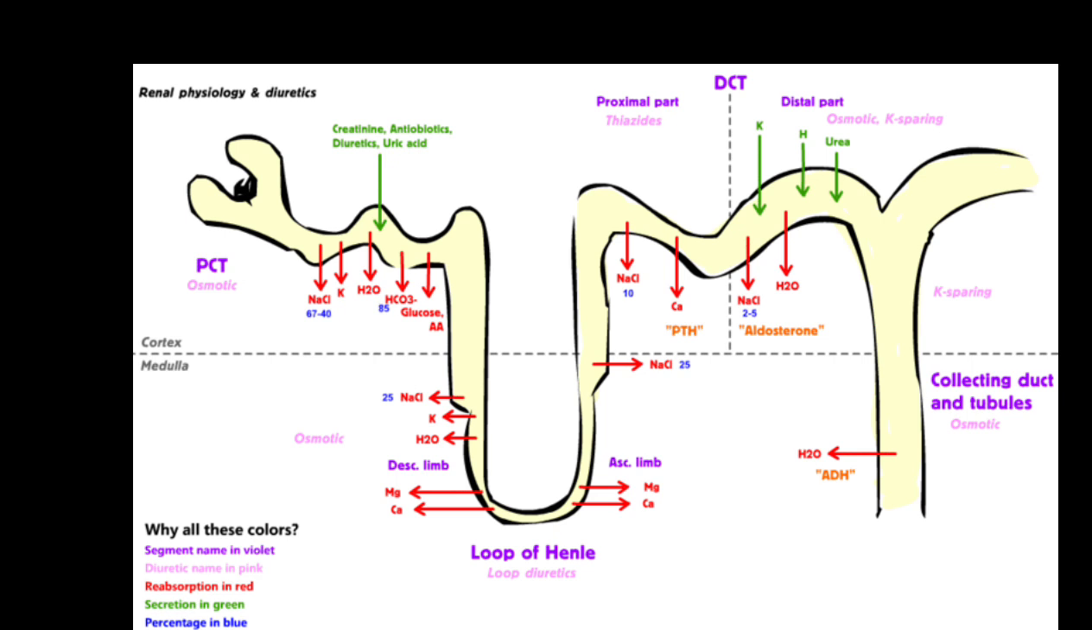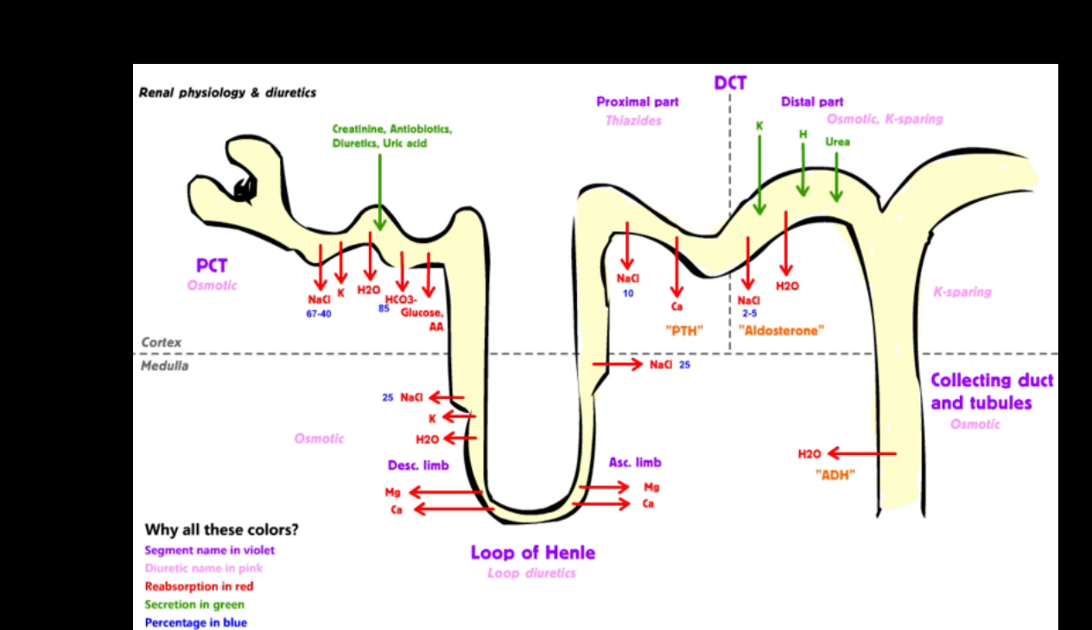where water was also reabsorbed, it was hypertonic. So this hypotonic fluid goes into the distal convoluted tubule, and here in the proximal part of the distal convoluted tubule, sodium chloride is again reabsorbed, and calcium is also reabsorbed under the effect of parathyroid hormone. Then in the distal part of the distal convoluted tubule, aldosterone acts, and it finally draws water out along with sodium and chloride. So this is under the effect of